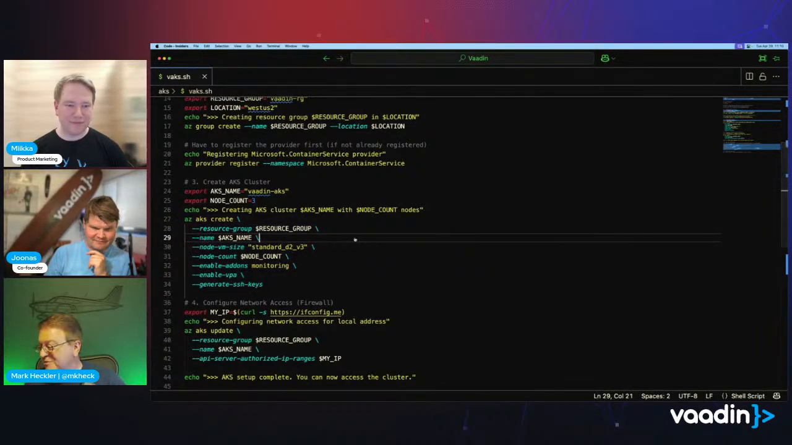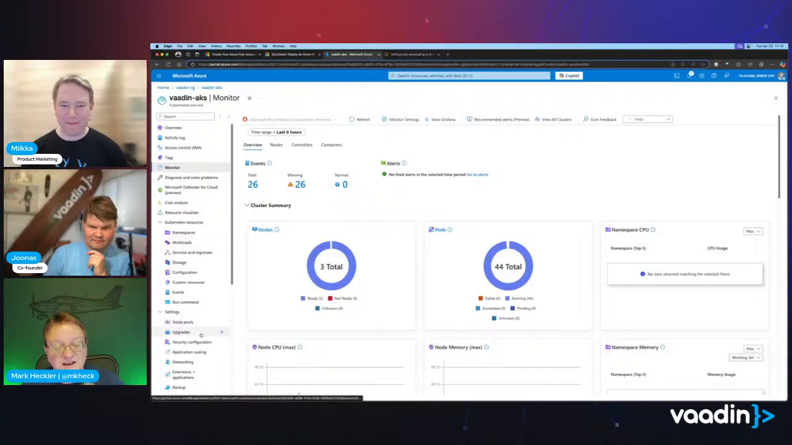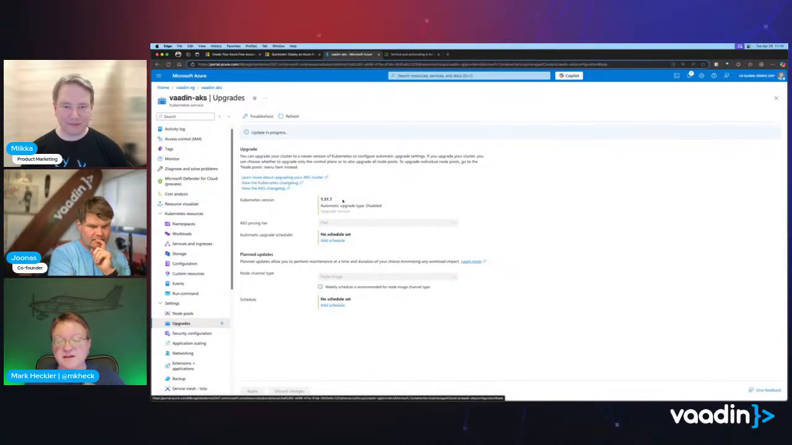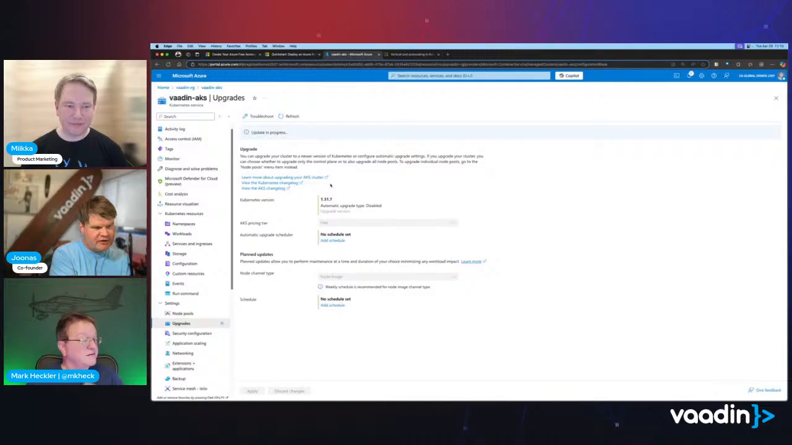Oh, I do want to show one thing if I can find it here really quickly. So, upgrades. It'll tell me 1.31.7, automatic upgrade is disabled. So you can do an automatic upgrade, but if not, there'll be a choice here that I can choose. It is updating now. You can put the schedule in there, like Sunday evenings only or something like that. Yeah, so you can do that, or you can have it where it manually waits for you